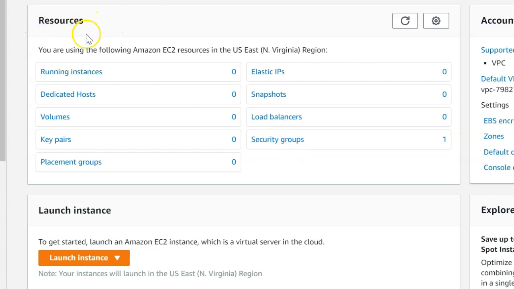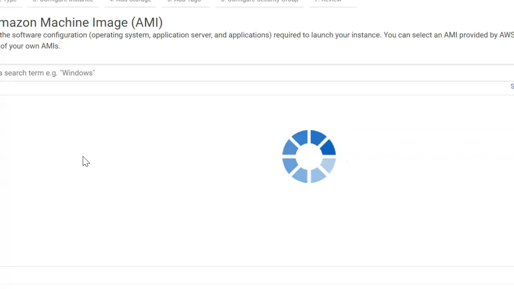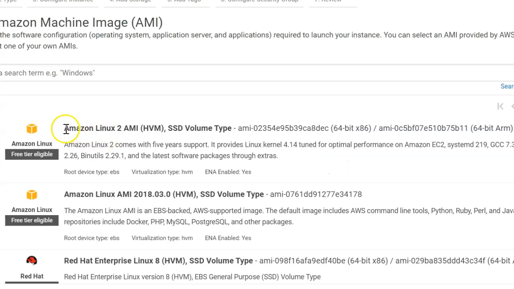Is it okay? So now you need to go to Launch Instance to get started. Launch an EC2 instance, which is a virtual server in the cloud. So don't get confused with EC2. EC2 is a virtual server which is hosted in the AWS cloud. You hit launch instance, then select launch instance. Here I'm going to select the first free tier AMI.